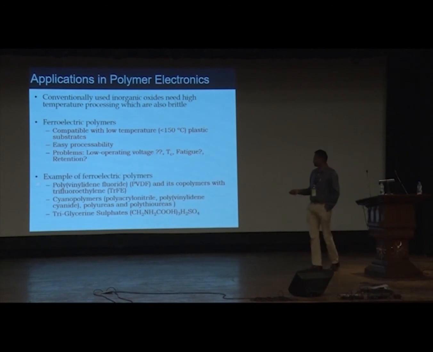So typical examples of these ferroelectric polymers are polyvinylidene fluoride, PVDF in short. It's a polymer which is known for its ferroelectric behavior for a long time, but most of the time the work was done on the bulk form. Its properties can be enhanced by copolymerizing it with another polymer, TrFE, trifluoroethylene, and together they give reasonably good properties